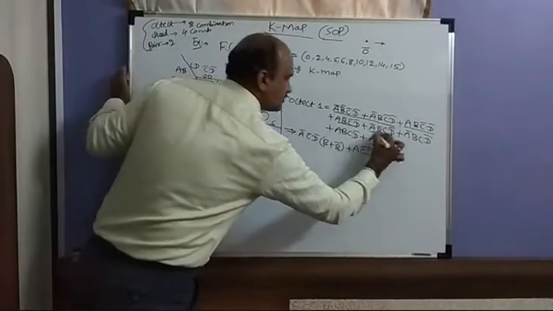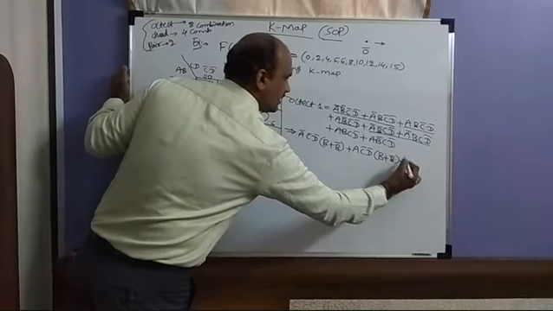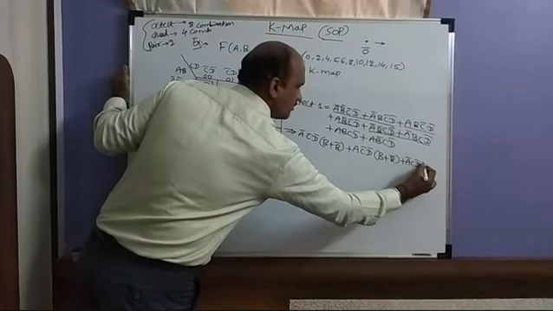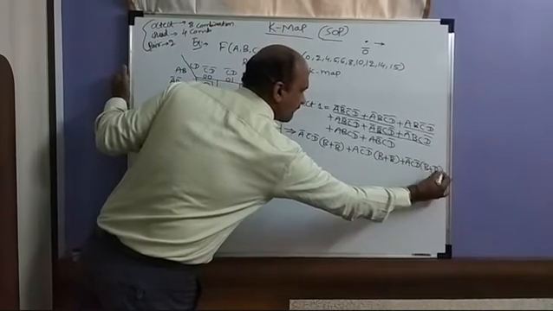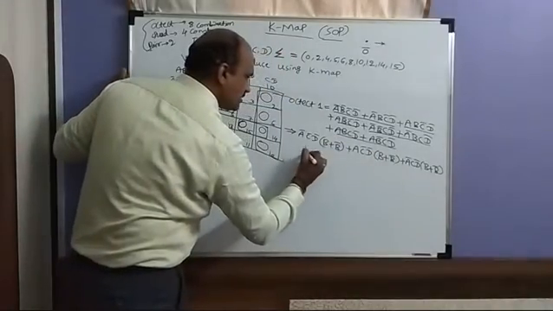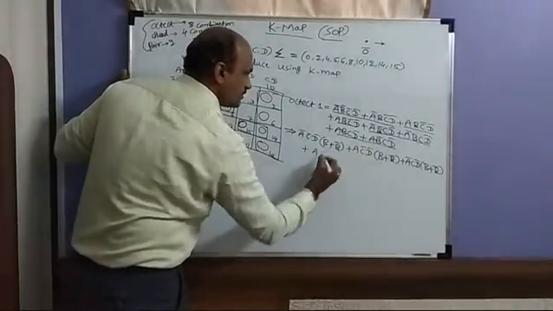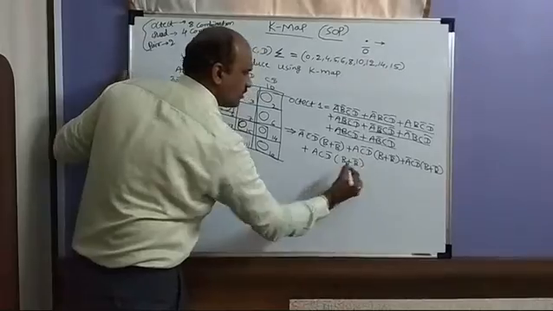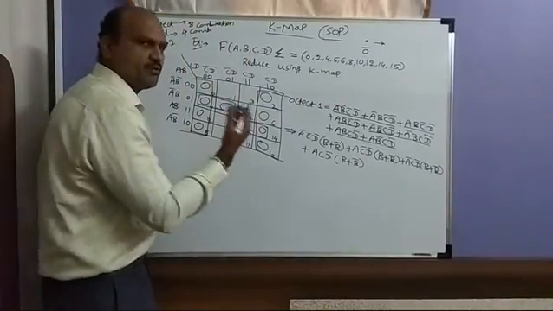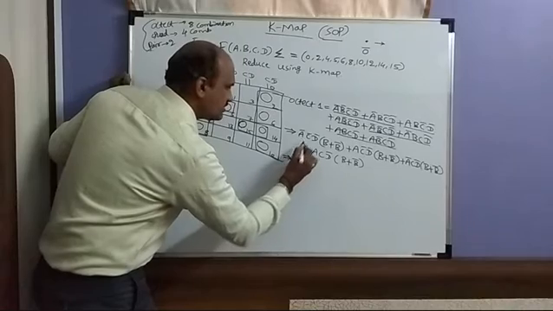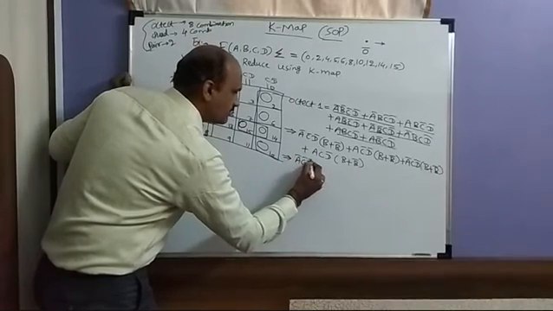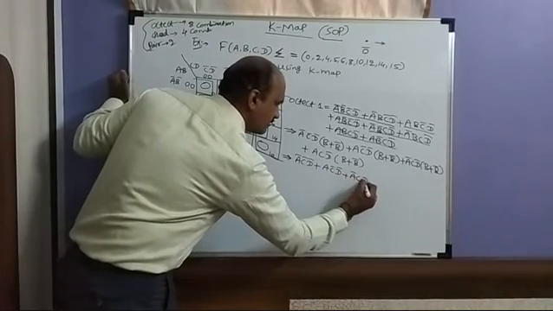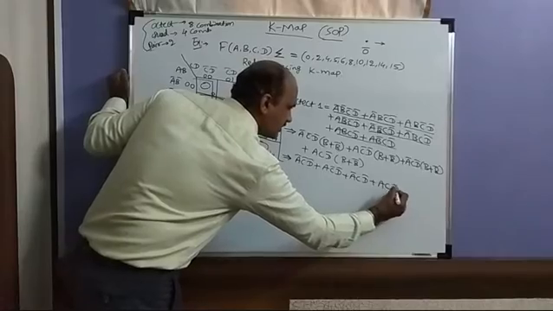Now take these two, and again, which is common? A bar is common, then C is common, D bar is common, remained is D plus D bar. Then take these two: A is common, C is common, D bar is common, remained is D plus D bar. So all of these, C plus D bar, whatever it is, becomes 1. So whatever remained is A bar, C bar, D bar plus A, C bar, D bar plus A bar, C, D bar plus A, C, D bar.